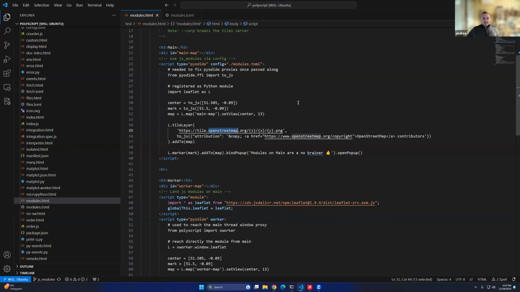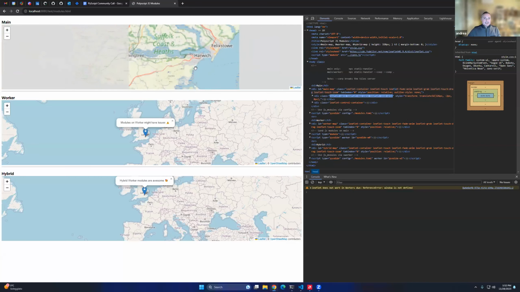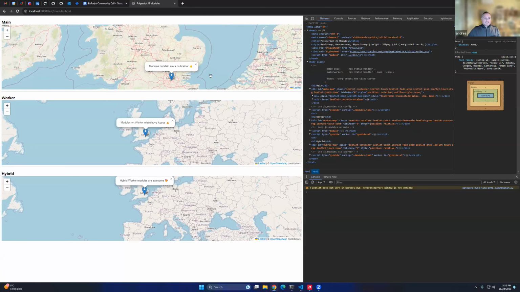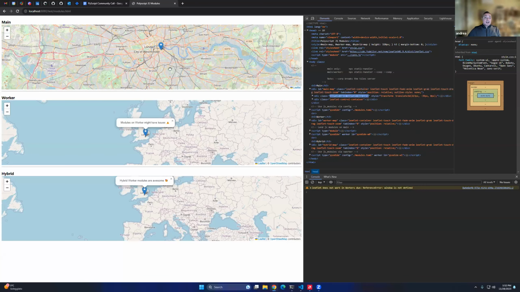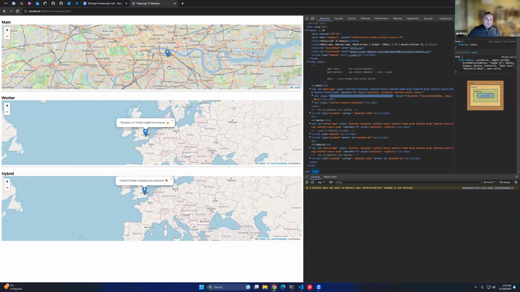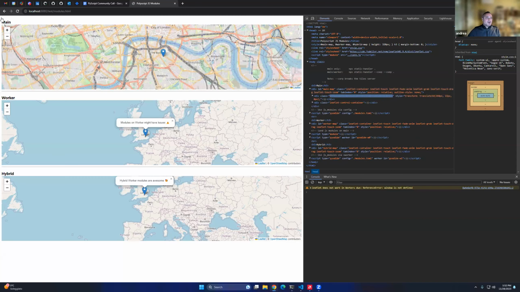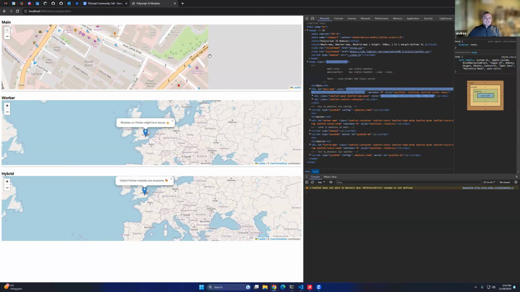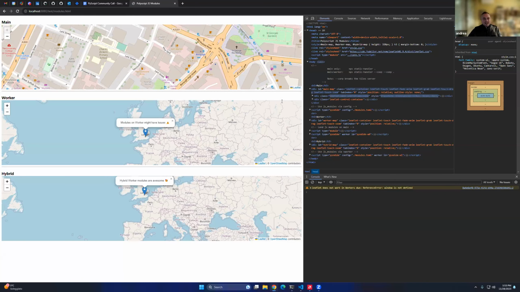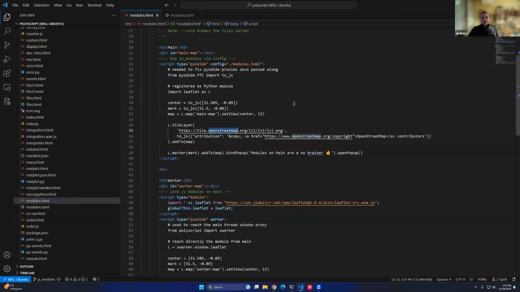And so yes, that's what I'm using. OpenStreetMap is one service that provides all the tiles, and the tiles again are these squares that translate into coordinates, and as much as you zoom in, it provides more and more details. And so you can see all this kind of interesting stuff, including these buildings. And that's it. That's the main, but the main is not as interesting as the rest, because the main